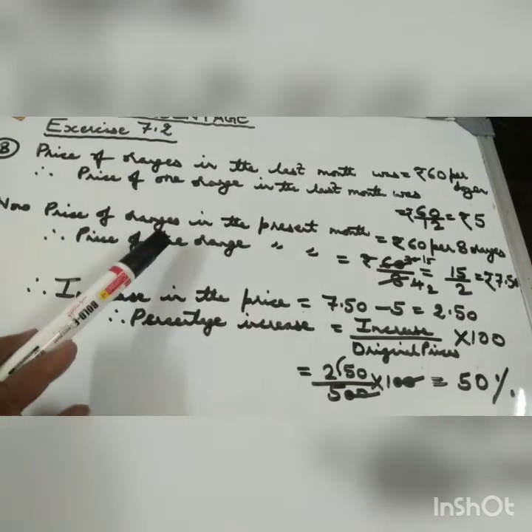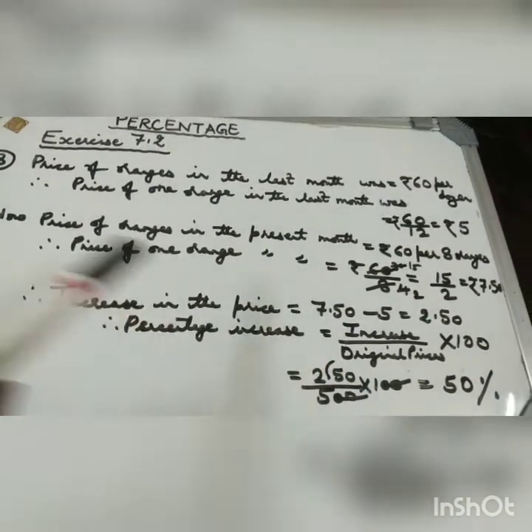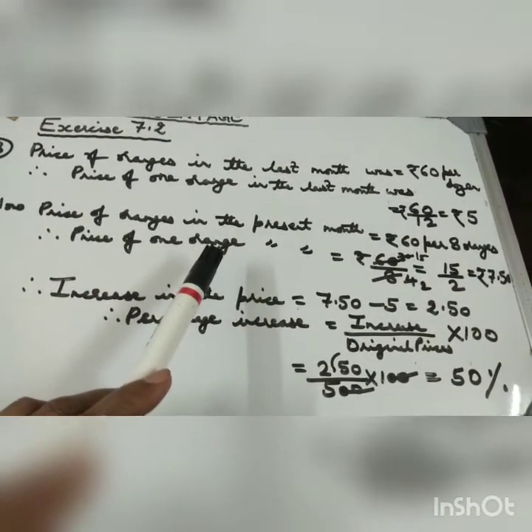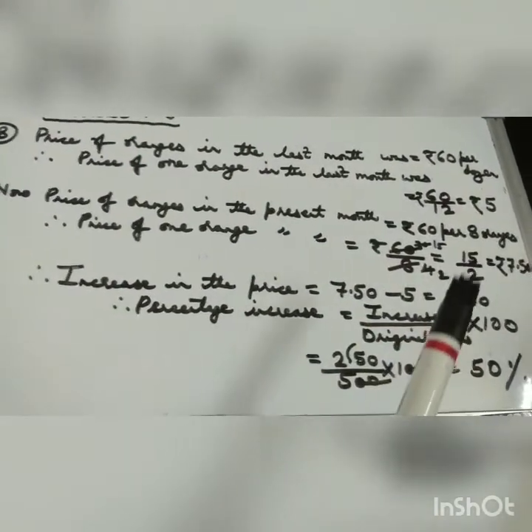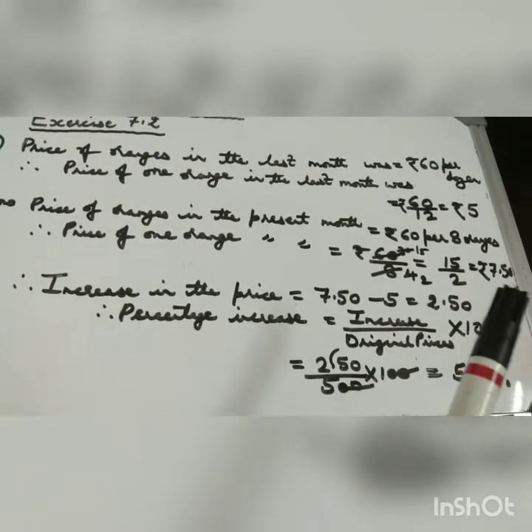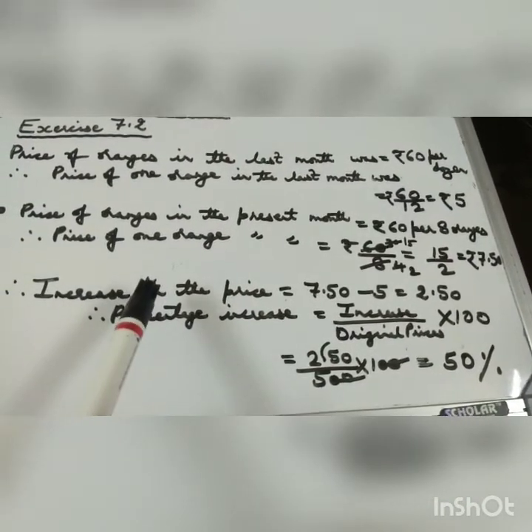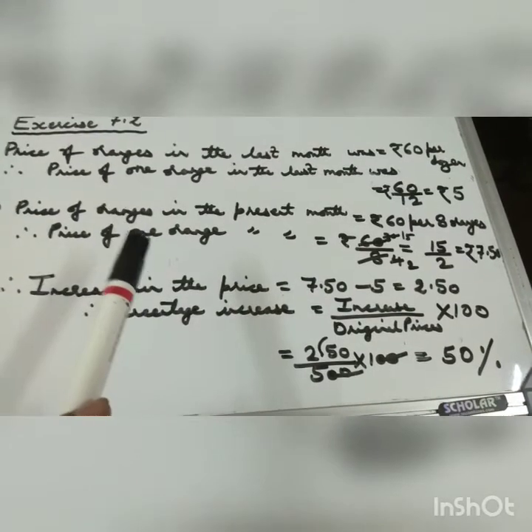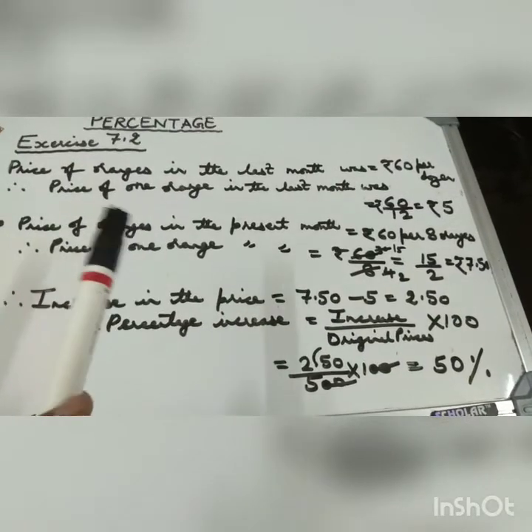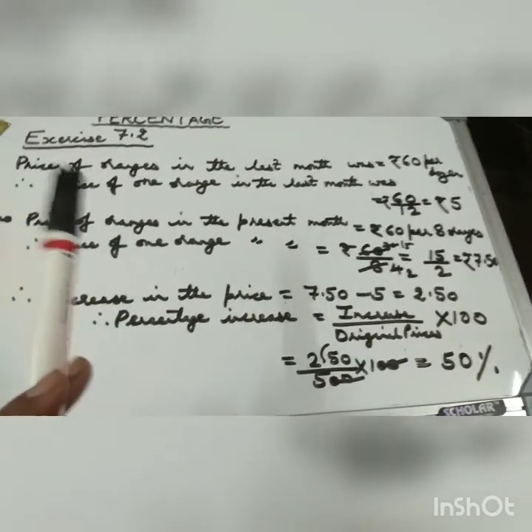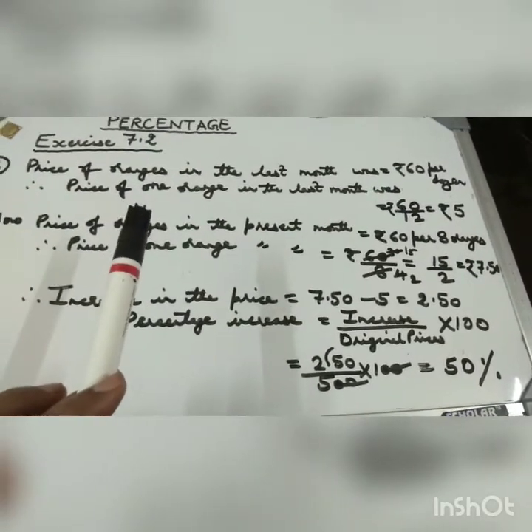Now price of oranges in the present month is rupees 60 per 8 oranges. So price of one orange in the present month will be 60 upon 8, and if you cancel you are getting 15 by 2. That is equal to 7 rupees 50 paise. Now how much is the increase in the price? I have taken both the prices for one orange. Whenever you are doing this type of question, don't do it for 8 and 12 and then subtract directly. That will definitely give you a wrong answer. So calculate the prices for one orange